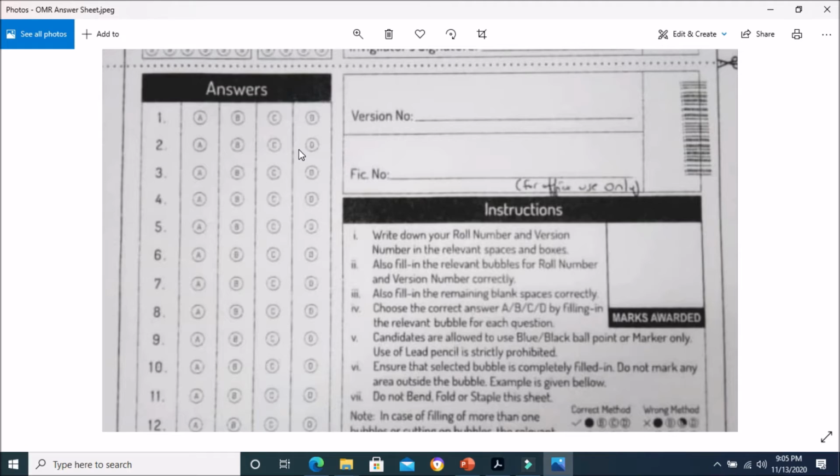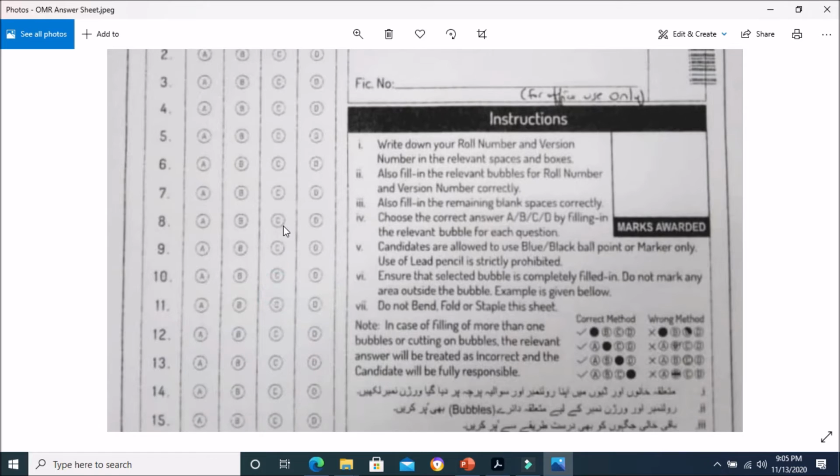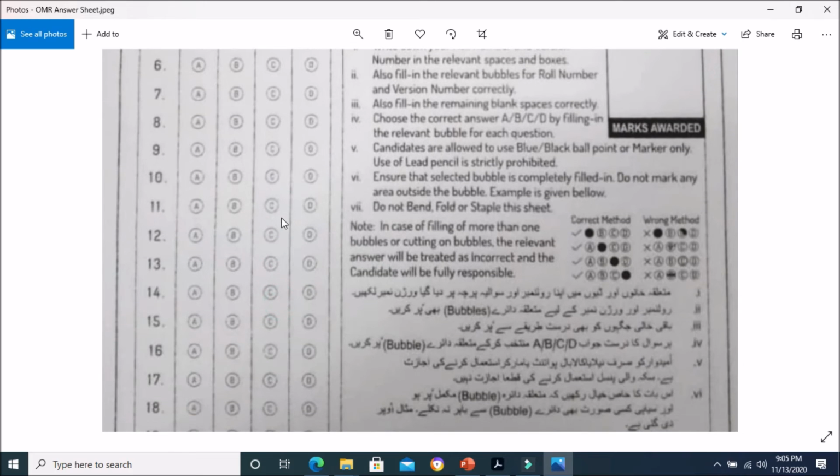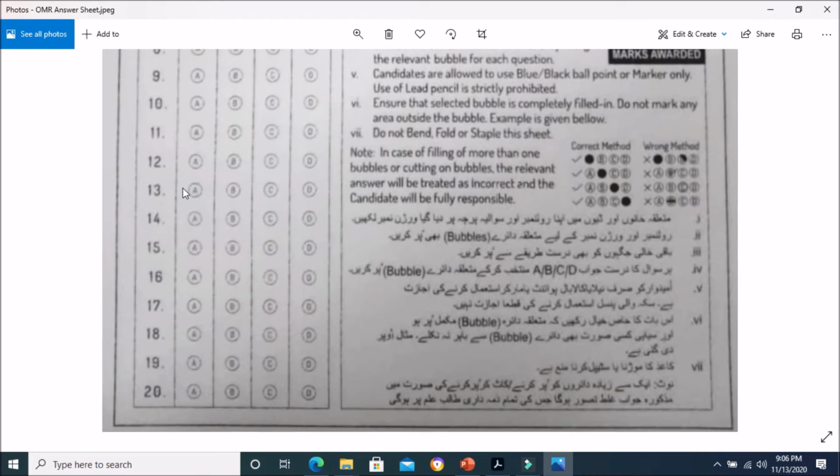Similarly, in question number 2, what is the answer? Let's suppose it is A, you are going to fill in A. In question number 3, what is the answer? You are going to fill in that particular answer, and so on. You will fill the questions up to the numbers given in your question paper. For example, in computer science class 9 there are 12 questions. So the students are going to leave 13, 14, 15. You don't need to do anything with them.